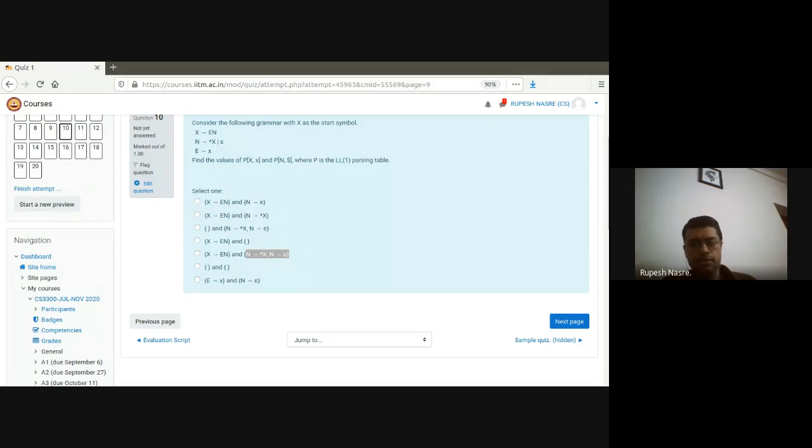Oh, first is the answer. Oh, is it? Okay, let me check. N deriving epsilon is the answer. Oh, N on the lookahead symbol dollar, not star. Okay, that's fine. But okay, N deriving epsilon. Okay, on star you will move to N deriving star X. That is correct. Yeah, so that should not be there. So N deriving epsilon, this should not be there at all, and therefore this should also not be there. Makes sense. Okay, the first one.